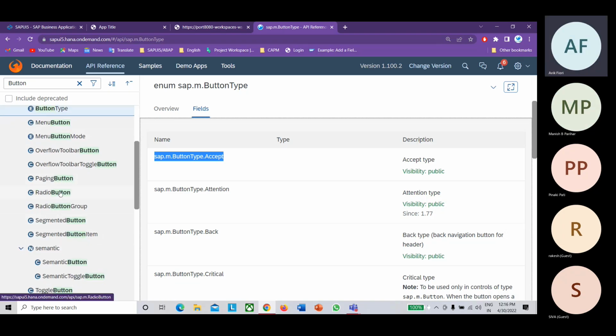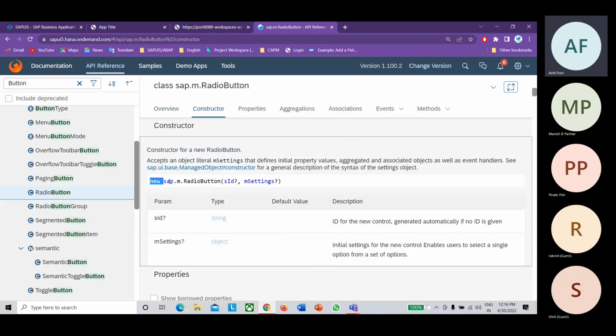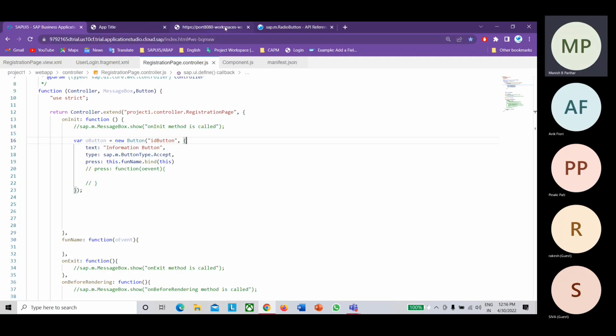For example, if you want to define a radio button, for every control they have provided the constructor. So you just need to copy that constructor and also check the parameters. What is the ID? What is the settings? Whether it's an object or a string, you need to check that properly. Sample code is not given for this.